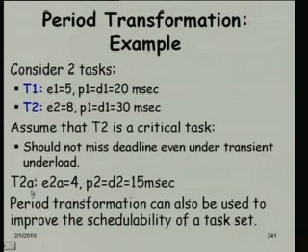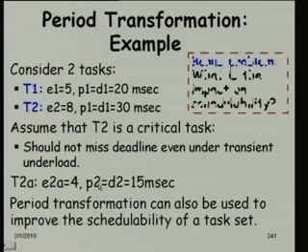So, what we have done here is that we have transformed T2 into T2a. E2a is 4 and P2a is 15. So, we have in effect split the execution time and the period by half, and now see that T2a is assigned a higher priority than T1, and we can also use this in our schedulability analysis. But